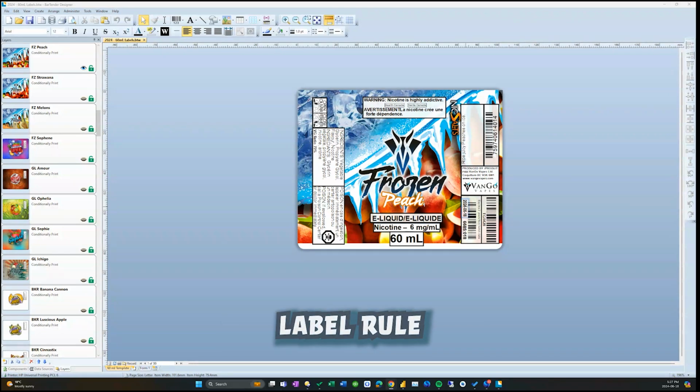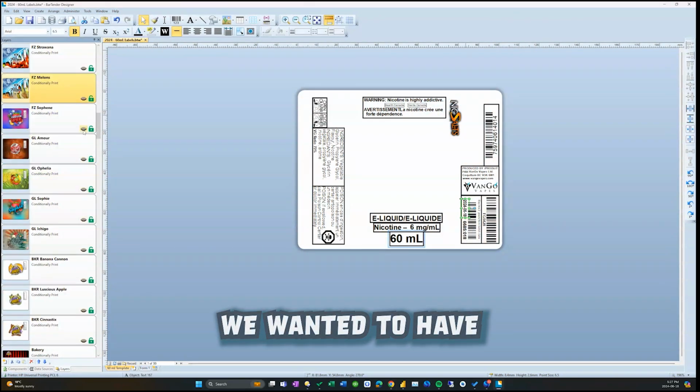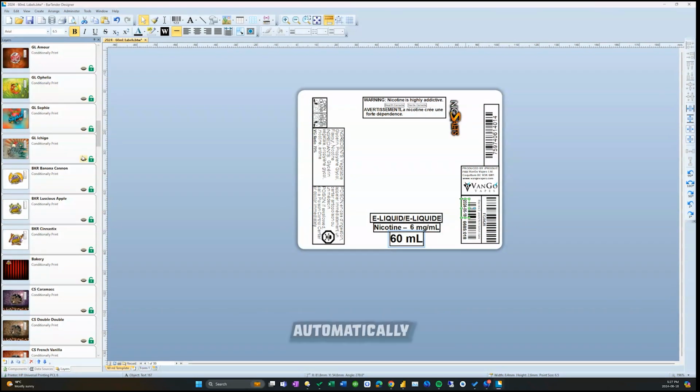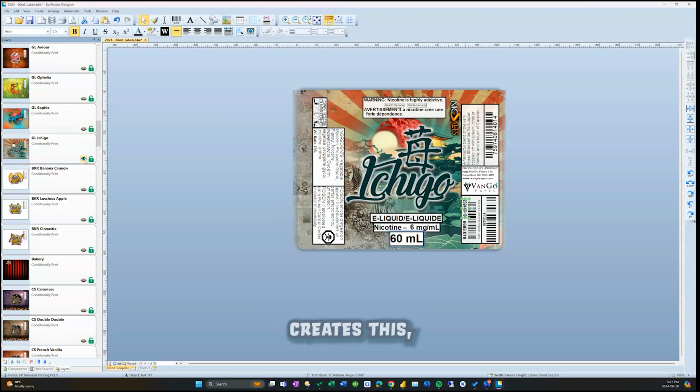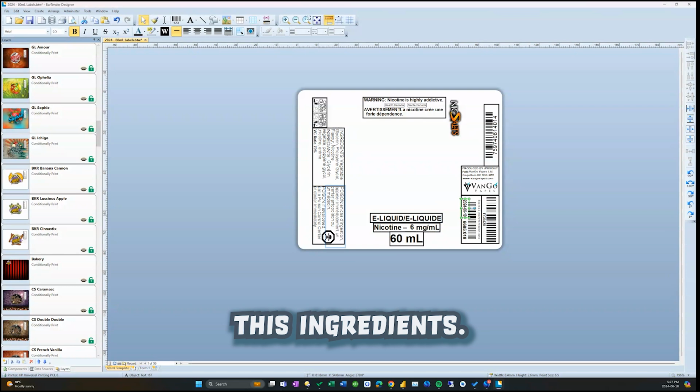But one label roll might have 1,000 labels and with a whole bunch of different batches with a variety of different numbers. For example, that's the frozen peach. If we wanted to have frozen Sophie, but normally nobody would go in and do this stuff. It's automatically generated. So it creates this, it puts this information in, it puts this ingredients, and then